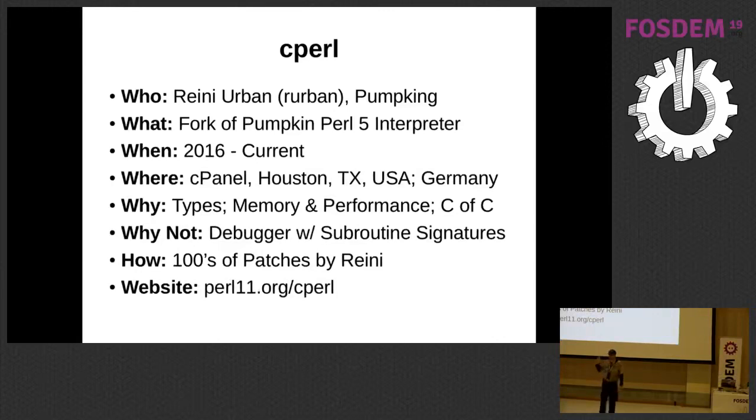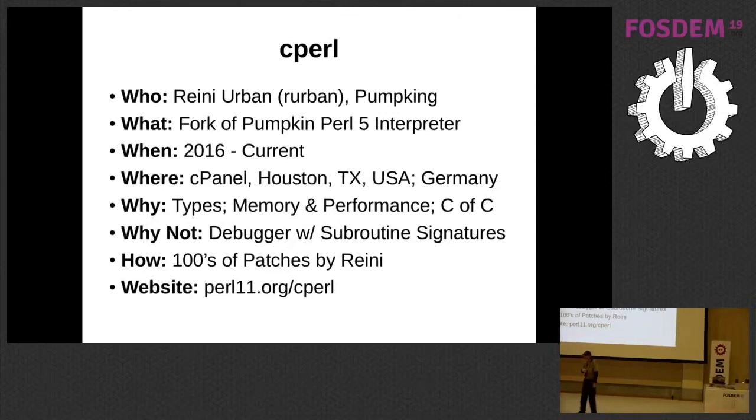He's written several hundred patches himself, which have been rejected by the Perl 5 development community based on disagreements they have. Who knows who's right? In the technical world, I think Reini is mostly right. In the interpersonal world, I think the other people are probably right. But now we have a fork, and Reini has applied 200, 300 patches, whatever he's written,